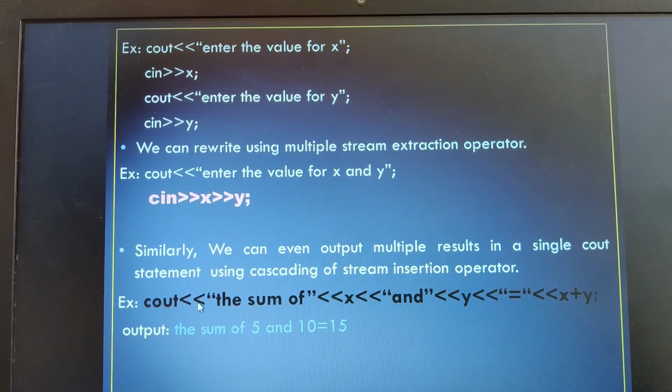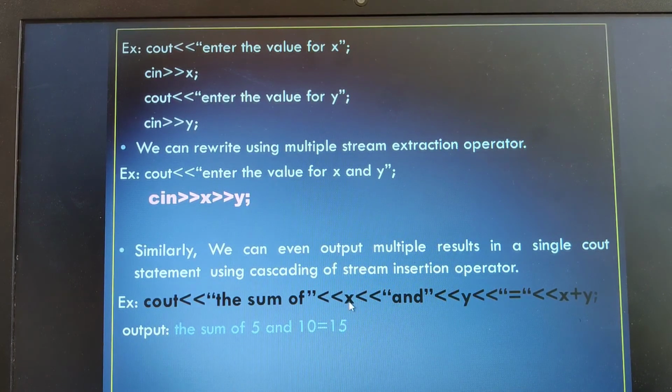So cout, stream insertion, the string constant will be printed, followed by stream insertion of the variable. Remember this is a string constant but this is a variable. If I had given double quotes to this also, it would have acted as a string constant. So suppose we have taken the x value as 5 and y value as 10.